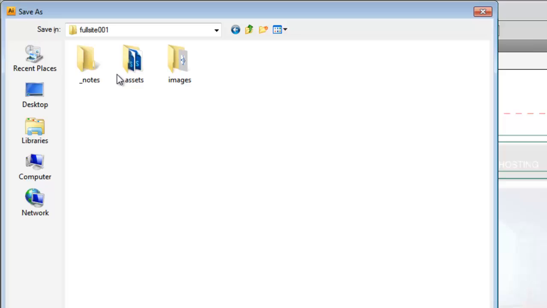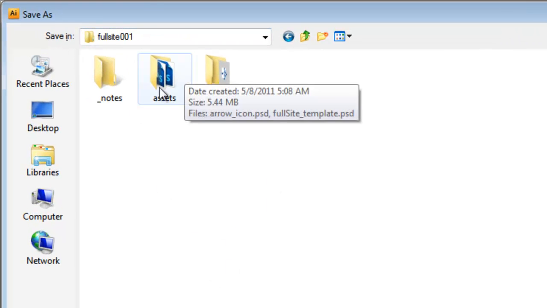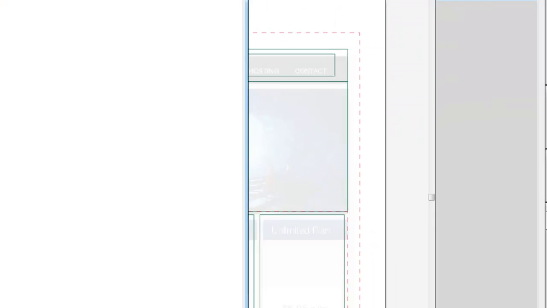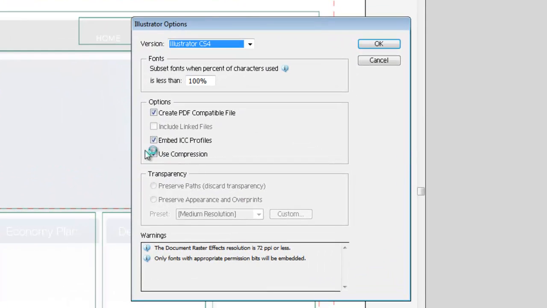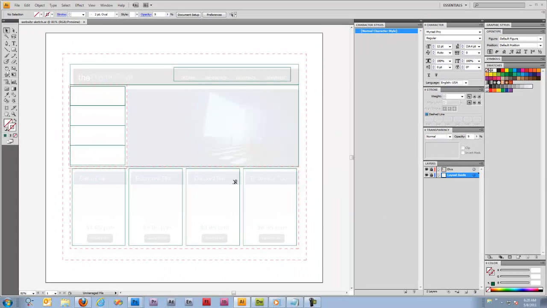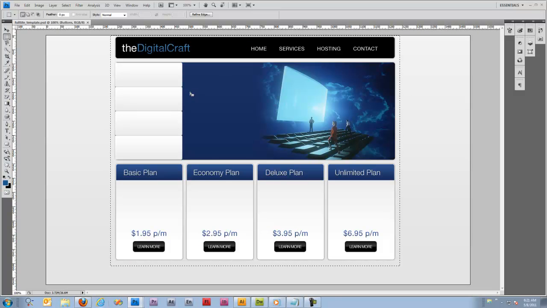And we're going to save it in our site directory, and we're going to go into assets because we don't need to be uploading this Illustrator file. And we'll just go ahead and say save. And usually the default options are good. Might as well keep it PDF compatible. Say OK. Ultimately, if you did go ahead and do this in Illustrator instead of just sketching it out, it's probably not a bad idea just to print it and set it on your desk so you can use it as a reference. So we're just going to minimize this, and